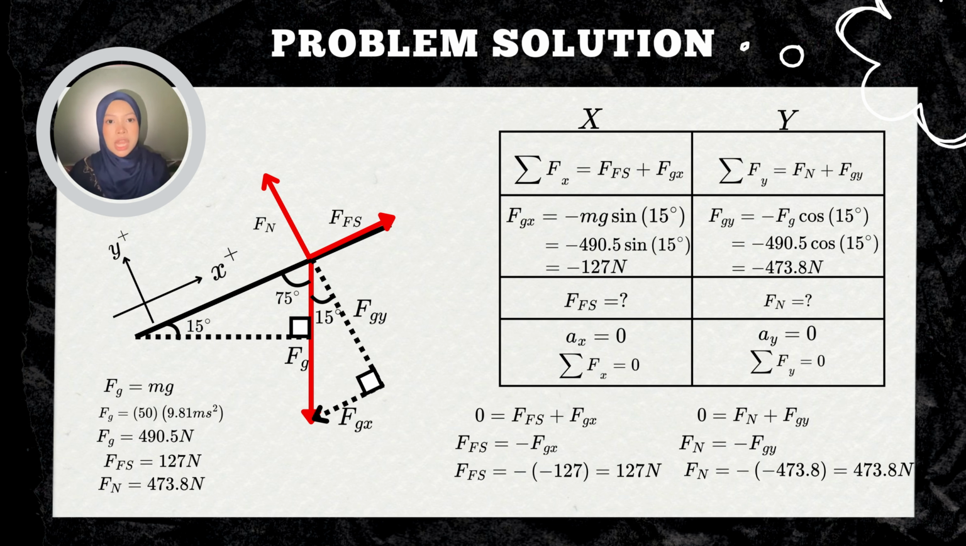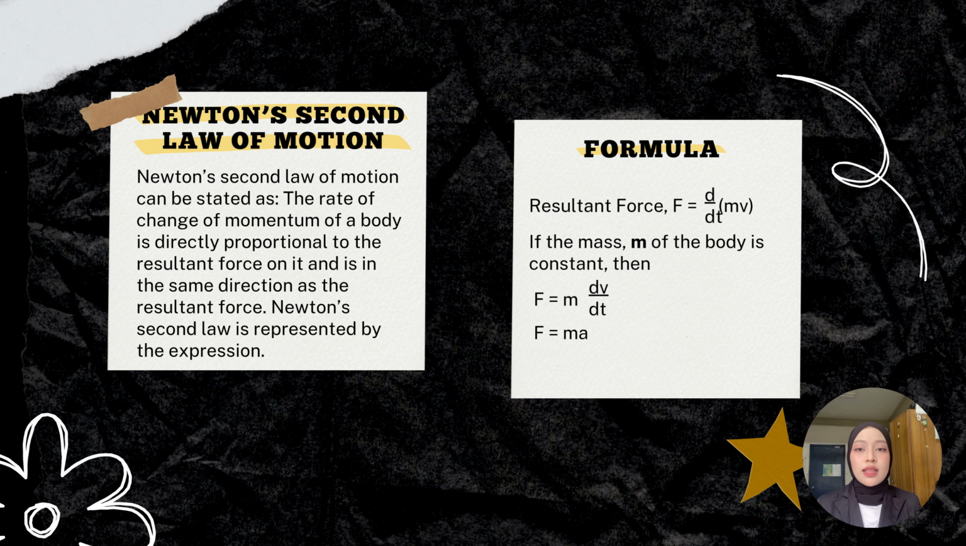Newton's second law of motion. Newton's second law of motion can be stated as the rate of change of momentum of a body is directly proportional to the resultant force on it and is in the same direction as the resultant force. Newton's second law is represented by the expression